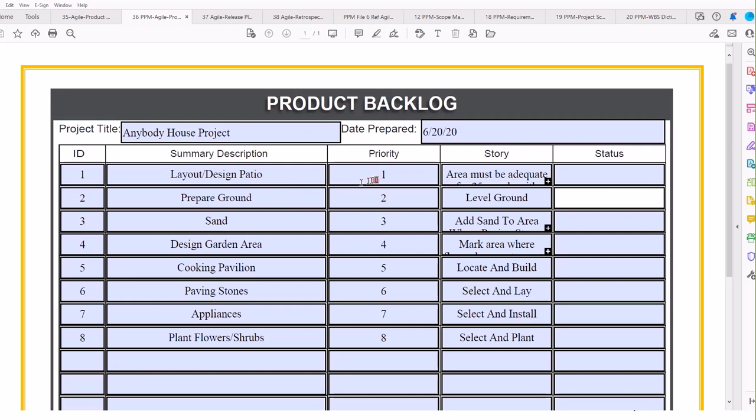The first thing I would deliver, the highest priority, would be the layout and design of the patio. That would give the most deliverable to a customer the earliest. And that's a tenet of Agile projects. Get the value in the hands of the customer as quickly as possible. The next thing we have then is the